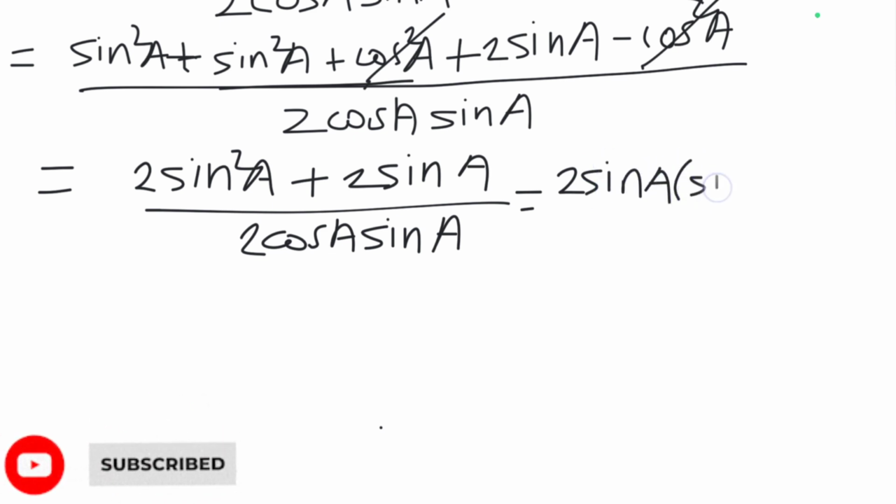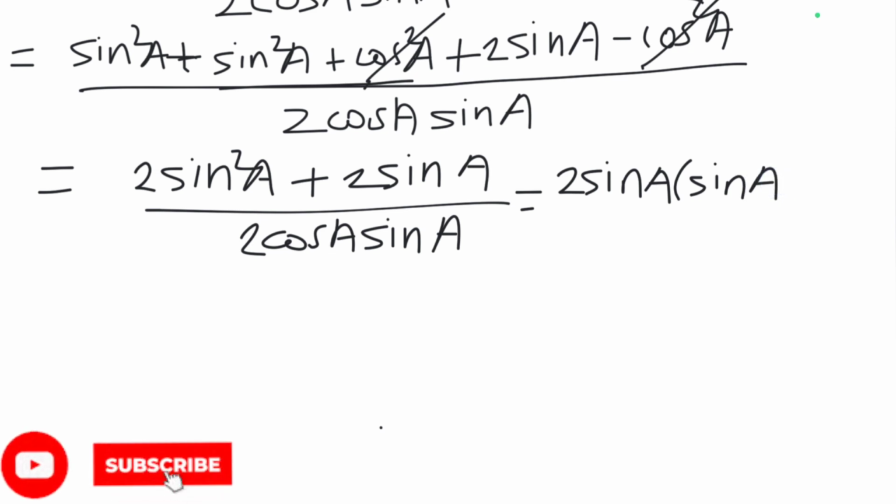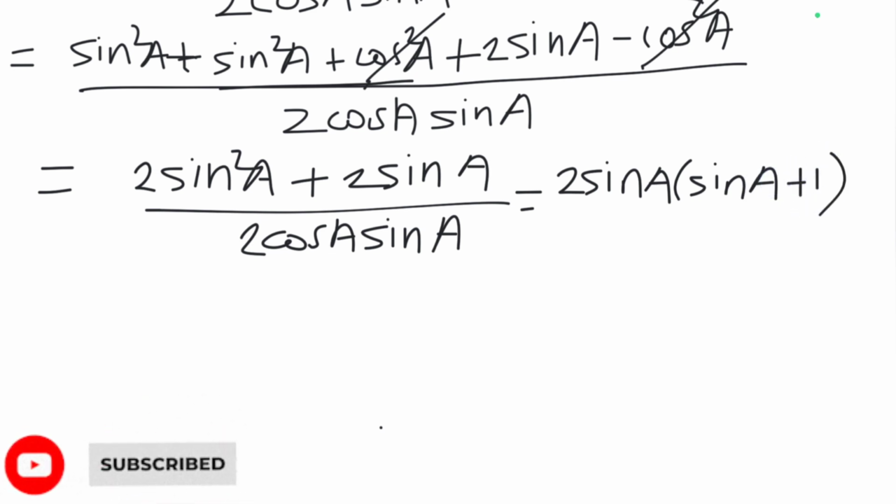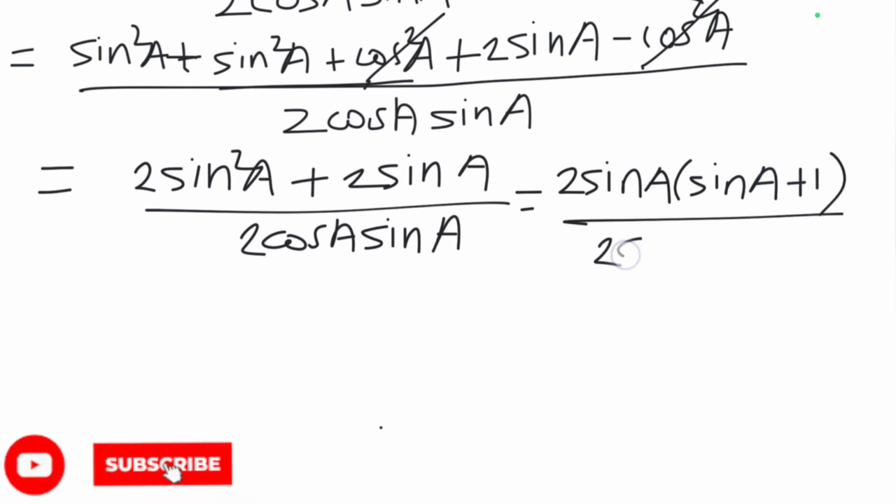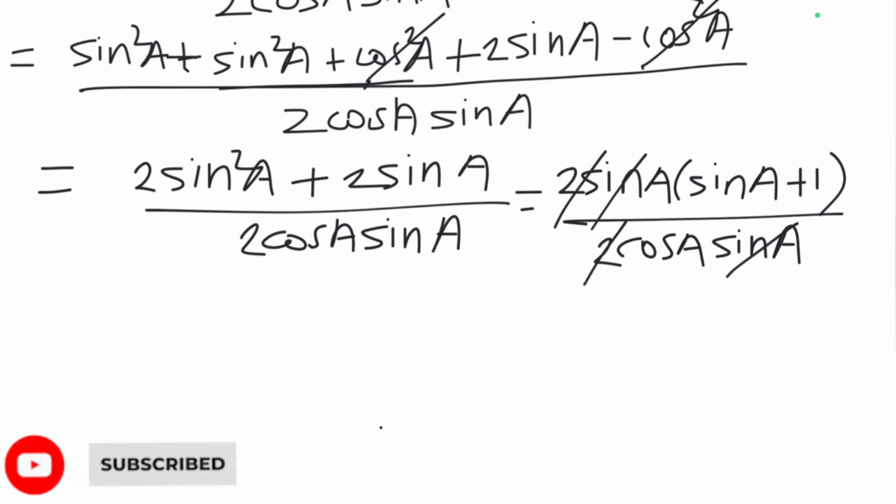So what is remaining here? Sin A plus 1 divided by 2 cos A multiplied by sin A. So can I cancel this? Because they will divide each other. So what is remaining? 1 plus sin A